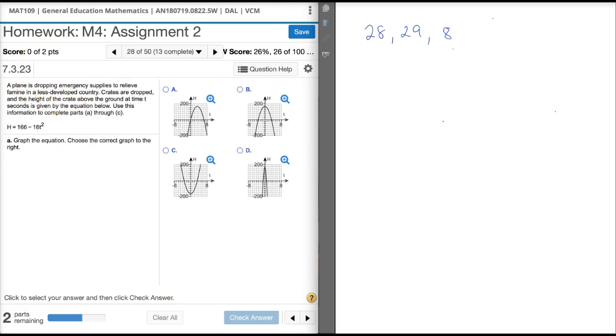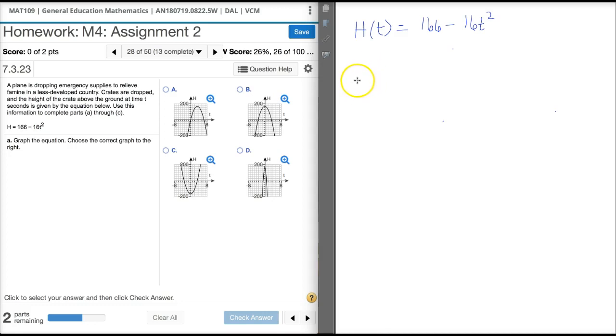Okay, so the first thing we'll actually do is to graph what this particular equation will look like. Now, I'm going to go through this and show you how to do it on your calculators, as well as kind of learning how to do it by hand here. I'm going to do the by hand first. So we have some function h of t, which is 166 minus 16t squared. So some background information. Whenever we deal with